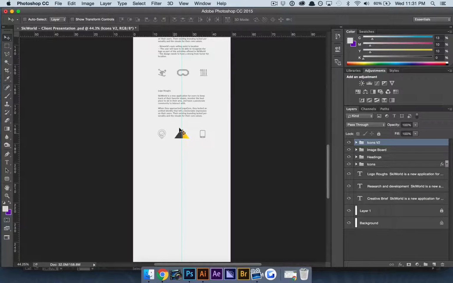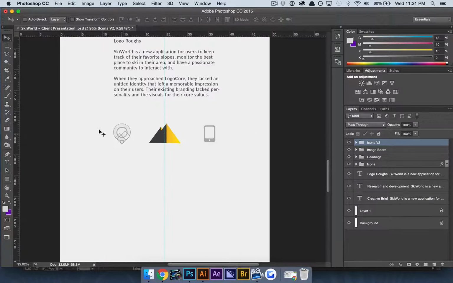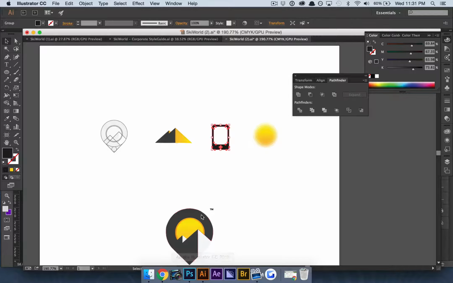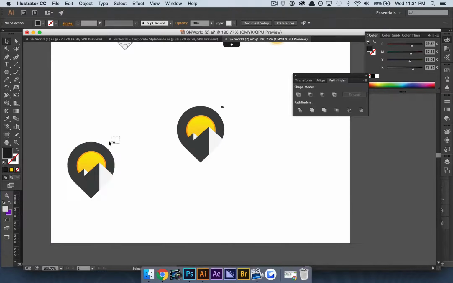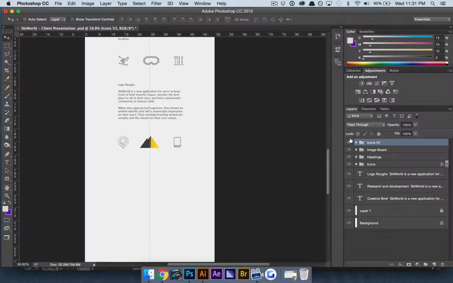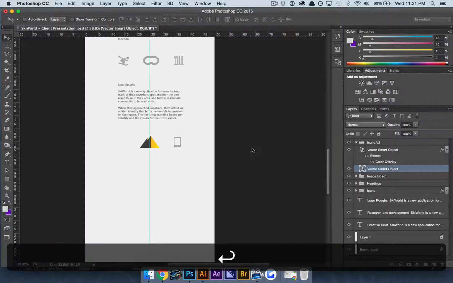Perfecto. And actually in this case, I don't want to show this symbol right away because this symbol already shows the very final concept of the logo. So we're going to go back and we're just going to introduce the pin shape. So I'm going to make the duplicate copy. Delete that TM symbol, just slap in the gray, Command C. And we're going to paste in the smart object